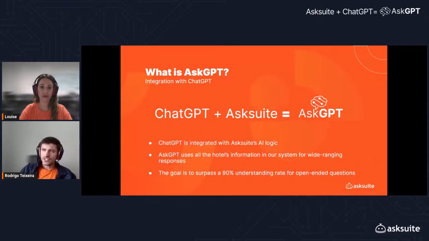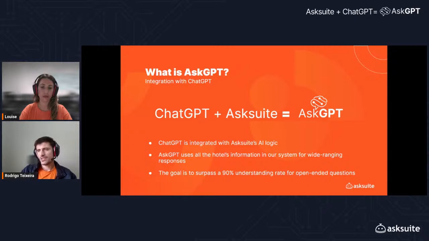So since ChatGPT launched, we've created a product cell to study the integration possibilities. And after 10 months of development, today we are releasing the first version of our integration, which is adding ChatGPT as a new AI logic in our algorithms.